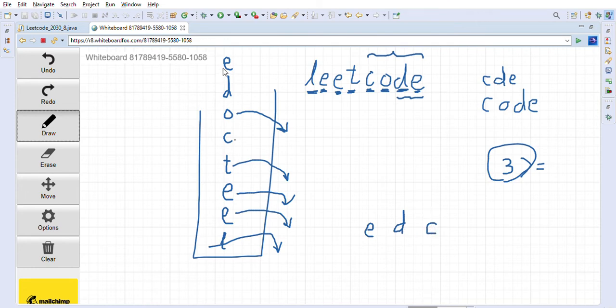But this one in the stack is the reverse order of what we have seen the characters, which means that we have to reverse the order of these characters to get the correct subsequence. So now we will reverse the characters, so now it becomes cde, right? So cde is the correct subsequence of length 3. So that's what I have written here. So cde is the correct subsequence of length 3.